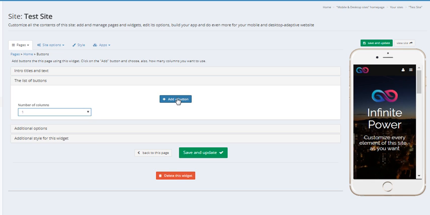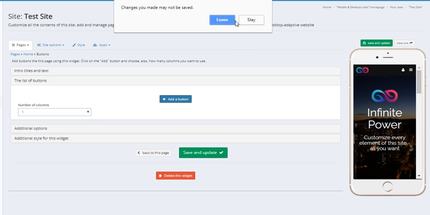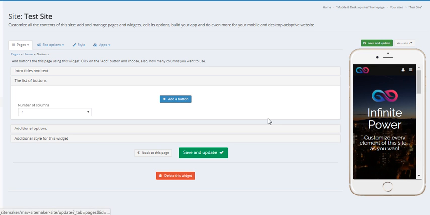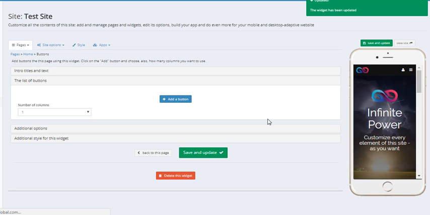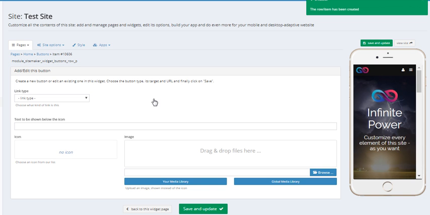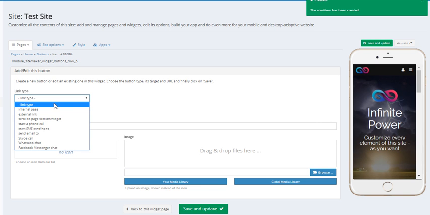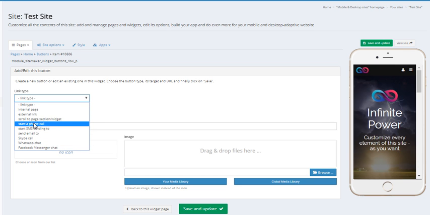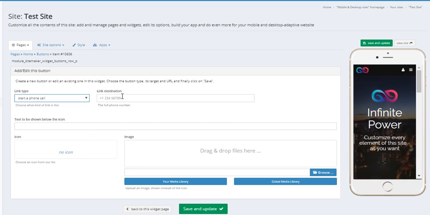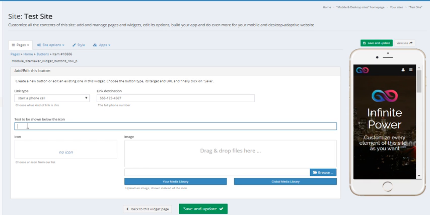Really simple. Well, we're going to just simply add a button. Save my changes. And add a button. Link type. This is where I'm going to add, what do I want? These are all my little options right now, but we're going to go with start a phone call. Click on my start a phone call. You're going to add in whatever phone number you want, 555 123 4567, whatever text